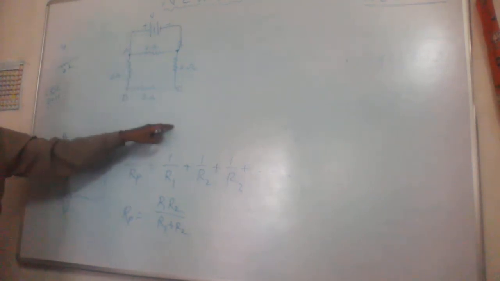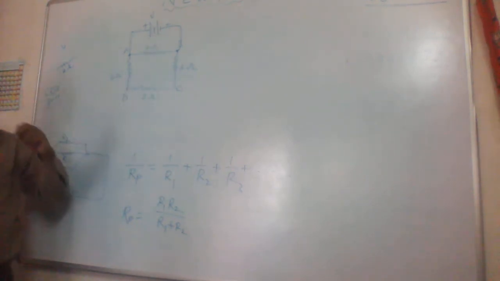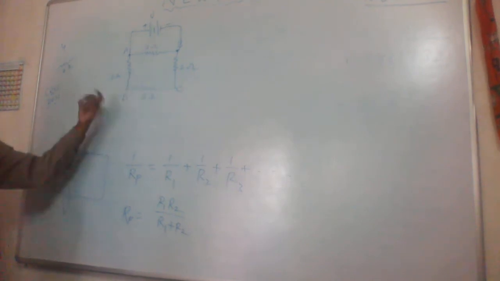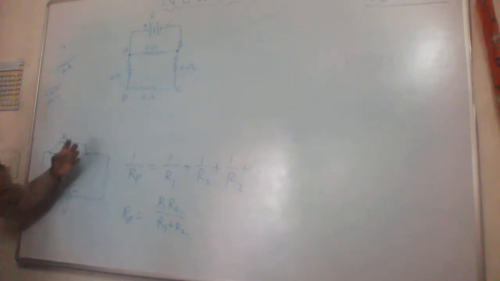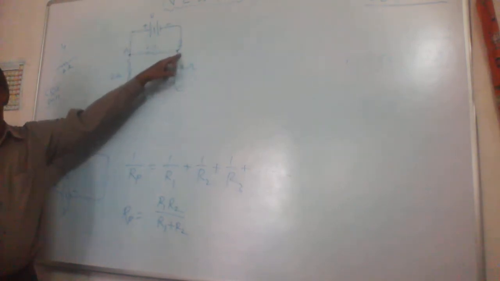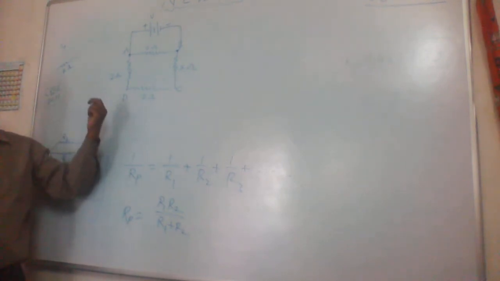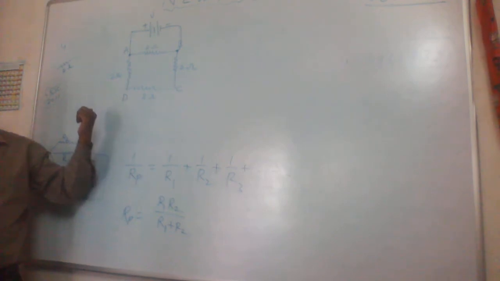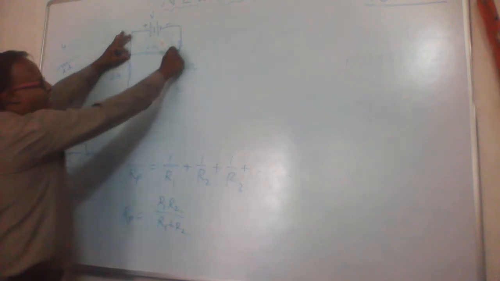Then or between B. So now tell me, which resistors are connected in series and which ones are connected in parallel in this situation? Our aim is to find the effective resistance between two adjacent corners, say between A and B. So tell me, which resistors are in series and which in parallel? All in series. Now these two become an end point.